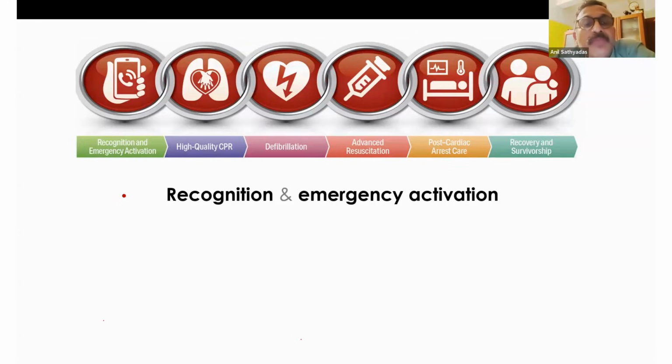And one of the first steps that you do is to identify that the patient is in cardiac arrest. Sometimes we find it difficult to decide when to start CPCR. When to start CPCR is very important. That tells you that you have recognized cardiac arrest. Okay, and once you recognize, you have to activate the emergency medical service. I hope these things have been discussed in BLS. Okay, you have to activate.